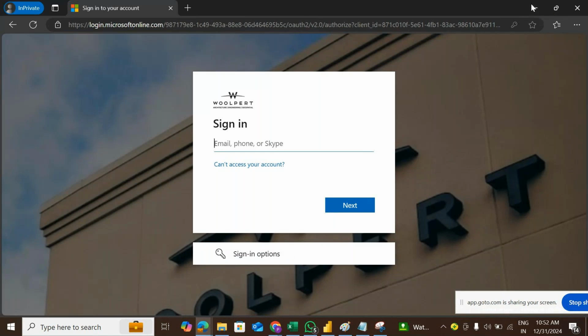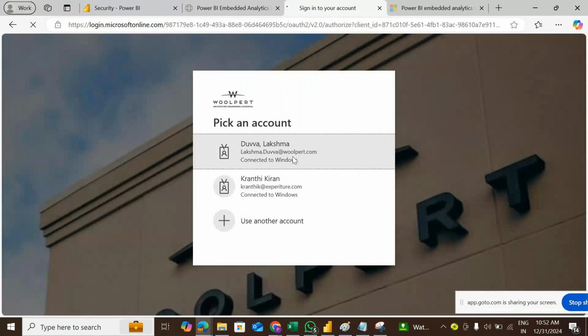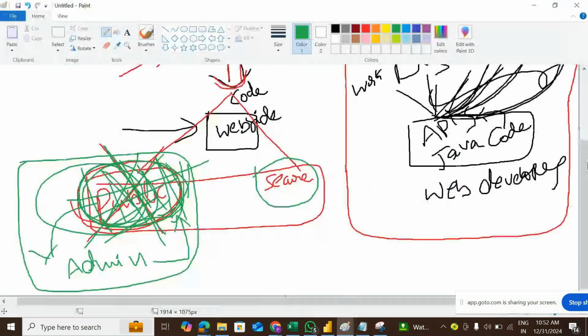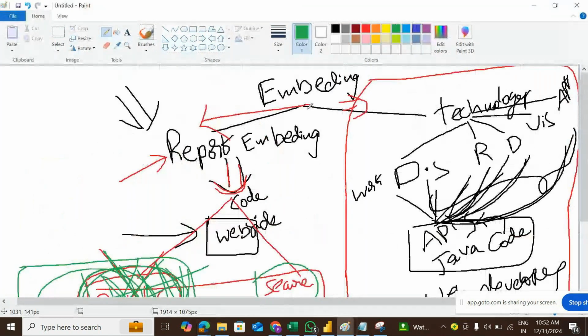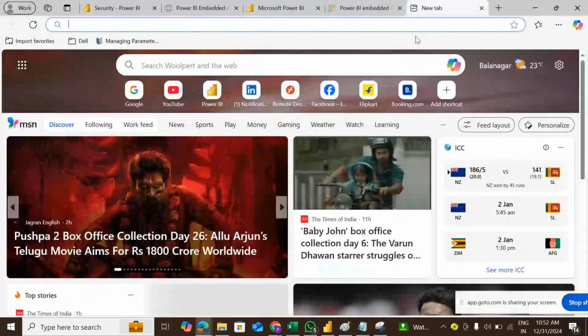That was the reason we are able to access, because I clicked on sign in, and because I have the access, only then I am accessing this report. That was the backend story. Over a period of time, these are the things which happened. Okay, so now, if you want to google it,